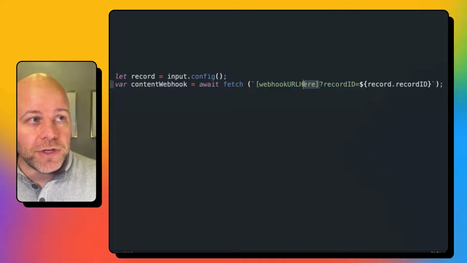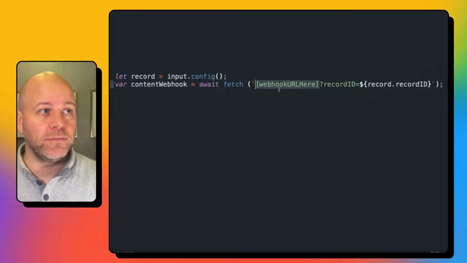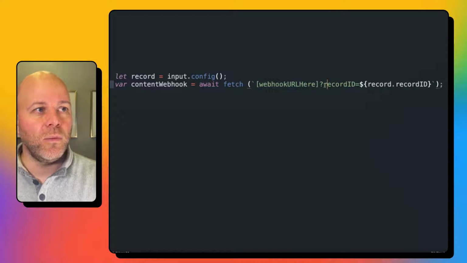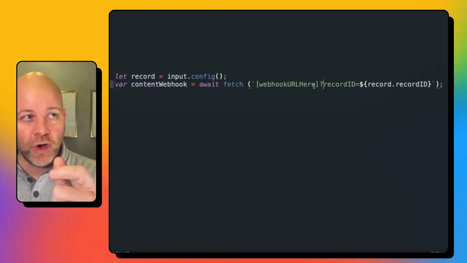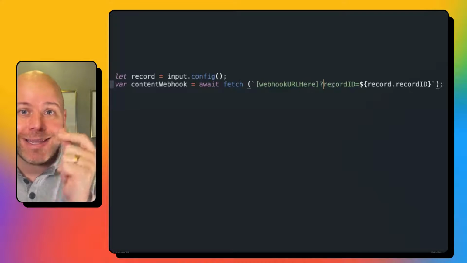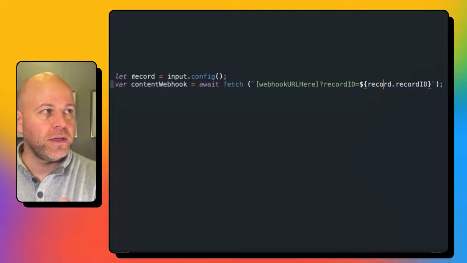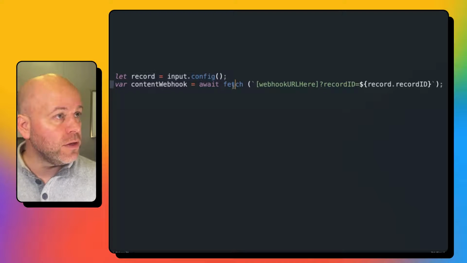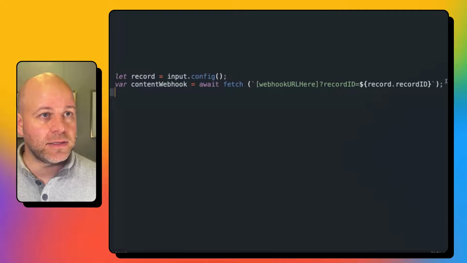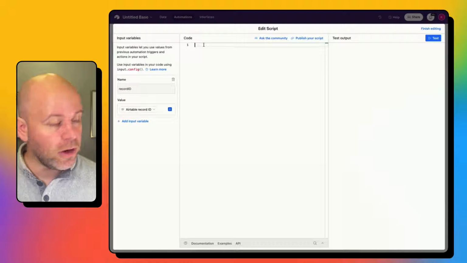Basically, you're going to get your webhook URL and swap that out right here. You're going to paste that in. That's all you need to do. And then after that, it's saying I'm going to hit the webhook, and I'm going to pass in this record ID, which is the record ID that I passed in to the script. So let's just copy this, head back to our code,